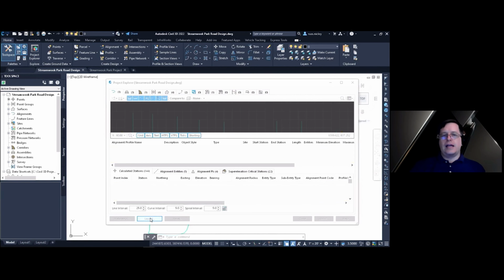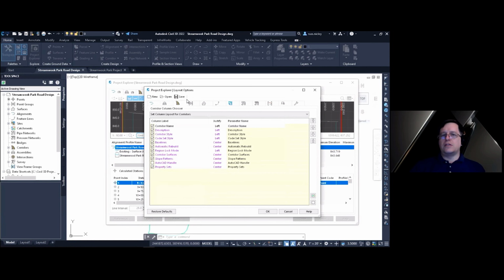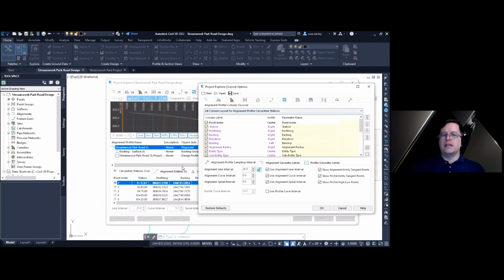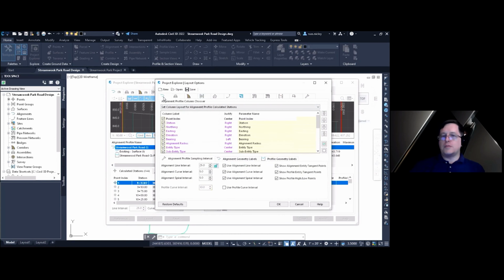Next to that is the layout tab. And in here up at the top, you'll see tabs, so these are the layout tab settings for each of these different objects. They're actually controlling the columns of the data table for the sub object as well as the object data tables there. So each tab has its own things, and you can turn them on and off. You can make some quick adjustments to it.